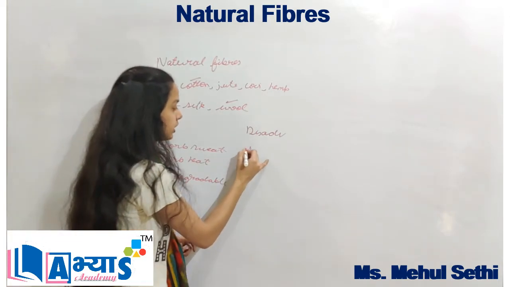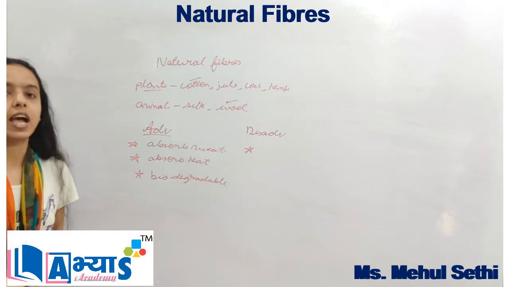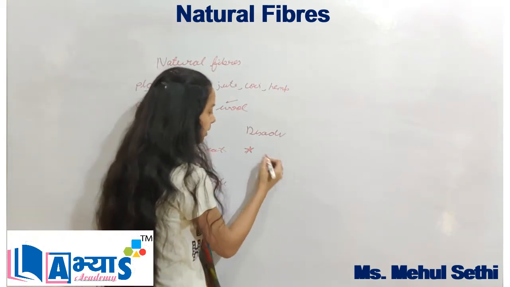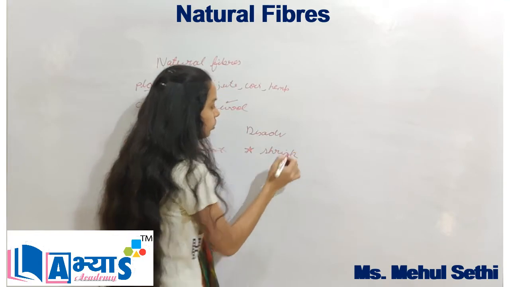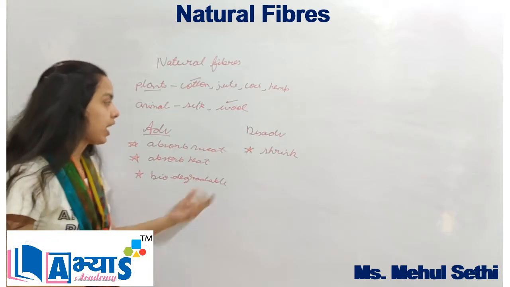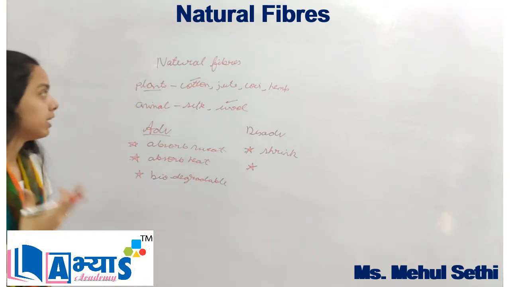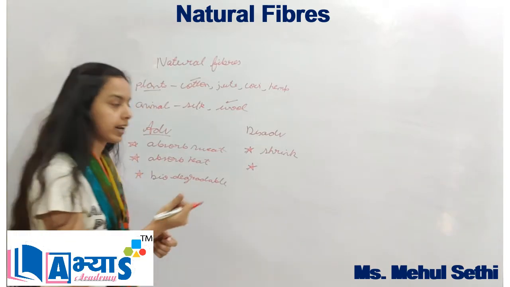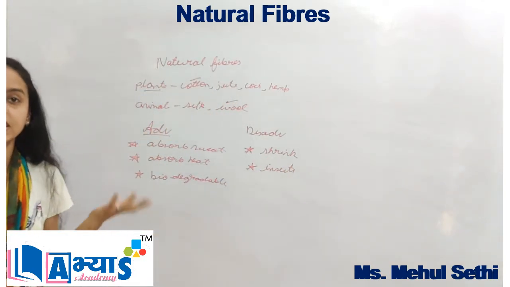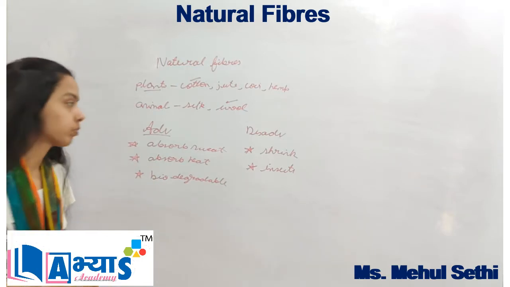The first disadvantage is that when we wear natural fibers, we have to wash these fibers also, and when we wash these fibers repeatedly, they are able to shrink in size. That means we cannot use them for so many years. So they have the property of shrinking. Also, when we use natural fibers, they are easily attracted by insects. Most of the insects bite or eat these fibers and thus they cause damage to these fibers and they cannot be used again and again.